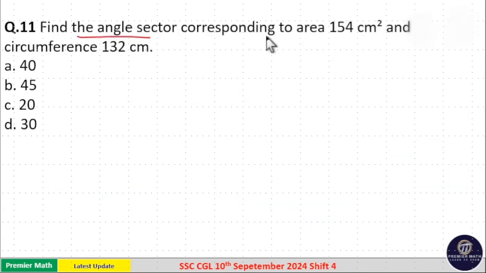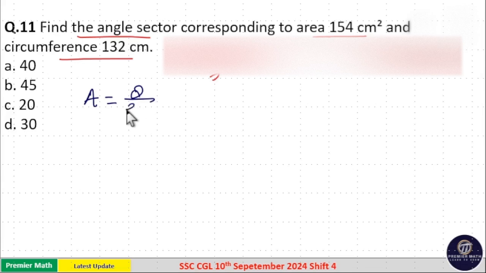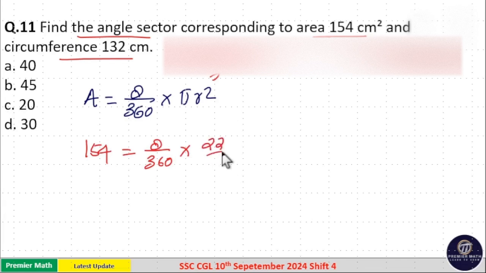Find the angle of sector corresponding to area 154 cm square and circumference 132 cm. And here area of the sector is equal to theta by 360 into pi r square. Now from this we can find the angle of the sector. That is, area is 154, which is equal to theta by 360 into 22 by 7 into r square,